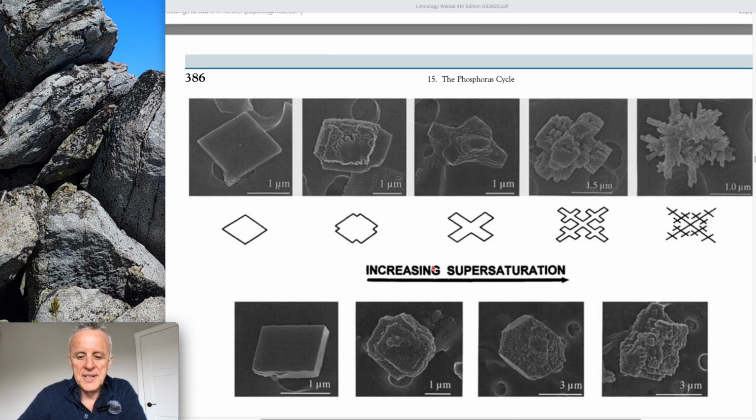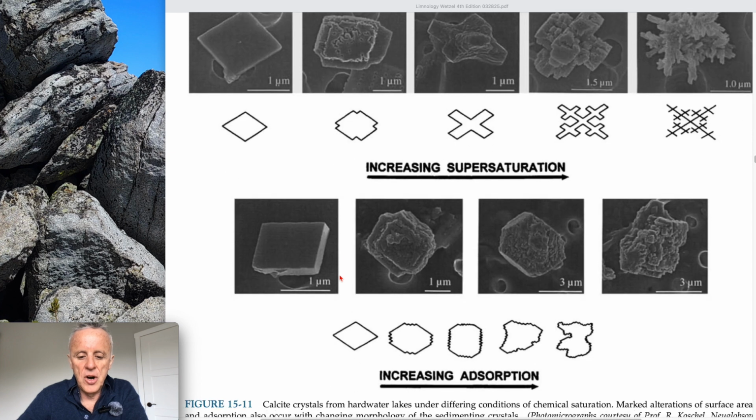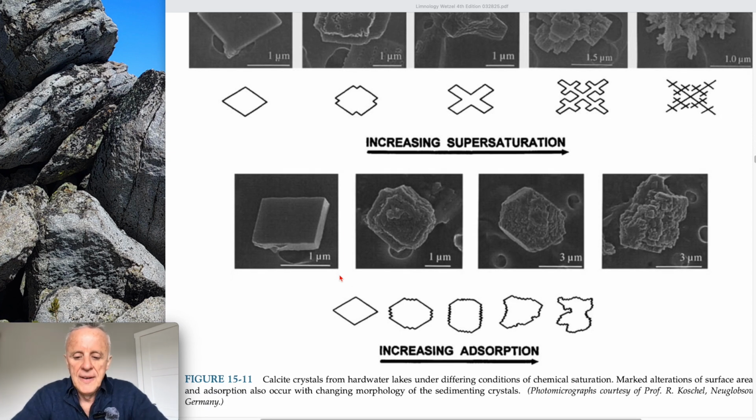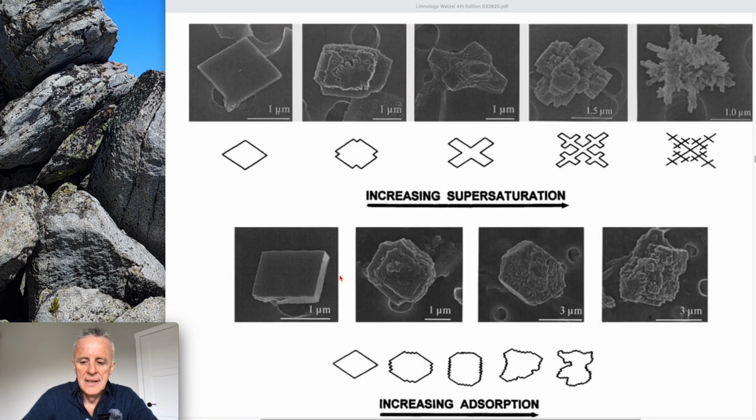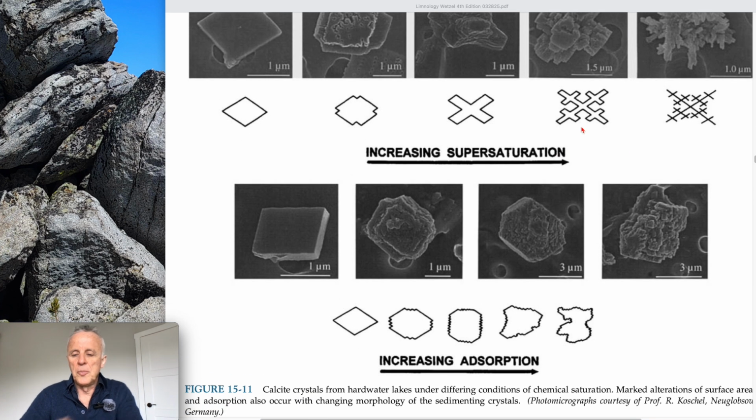So increased supersaturation, and we're talking here of phosphate. It's increased saturation, I believe. And it shows how the geometry of the calcite crystal changes depending on the concentration of phosphate. So this is before supersaturation, so it's pretty much a square, and you can see a dendritic pattern with supersaturation, and this is shown here in this pattern. So increasing in complexity of the crystal as the supersaturation increases.